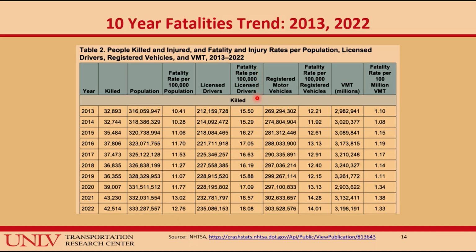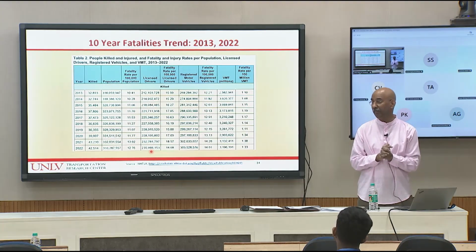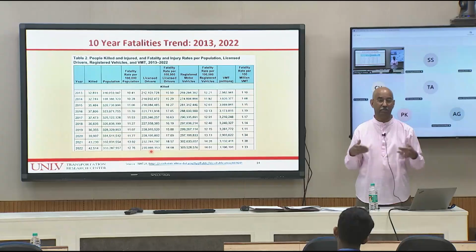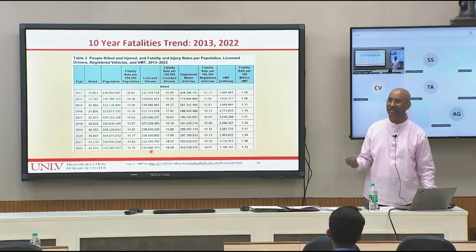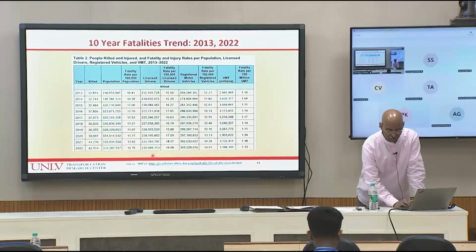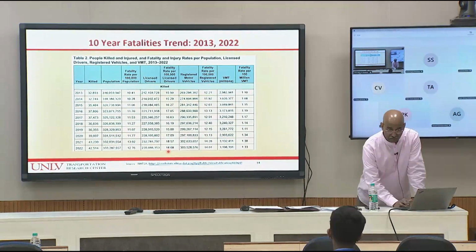Then the fatality rate per 100,000 licensed drivers, per 1 lakh licensed drivers, because you have fewer licensed drivers than you have population. About 65% of the US population is licensed. Others are either too young, or after the age of 70 or 75 they voluntarily give up, and there are a group of people who may be denied their driving license because of medical conditions, and there are others we talked about, repeat violators whose licenses are revoked. So that's why these numbers are about 65%. You see the rate per 100,000 drivers has been going up. The last year there was an anomaly.